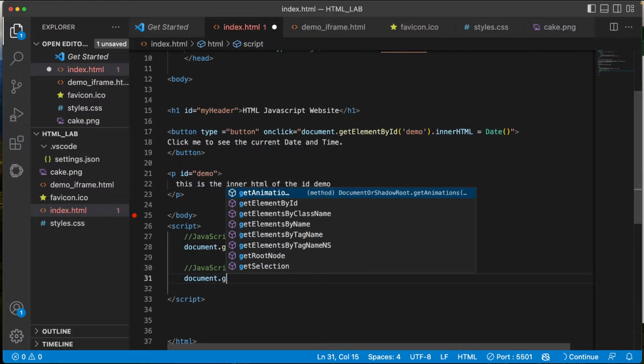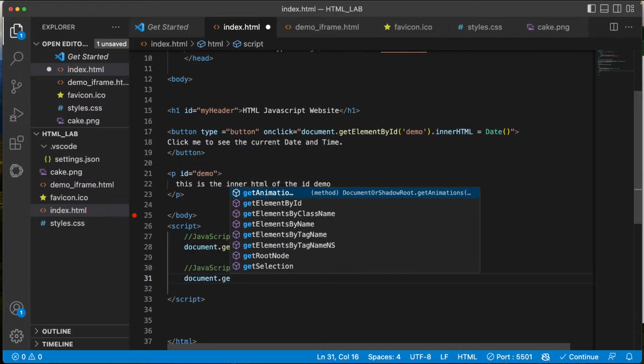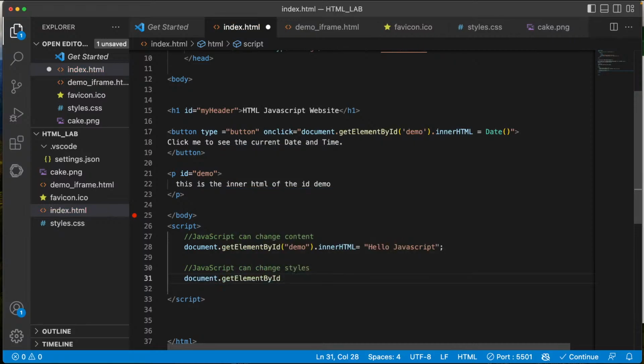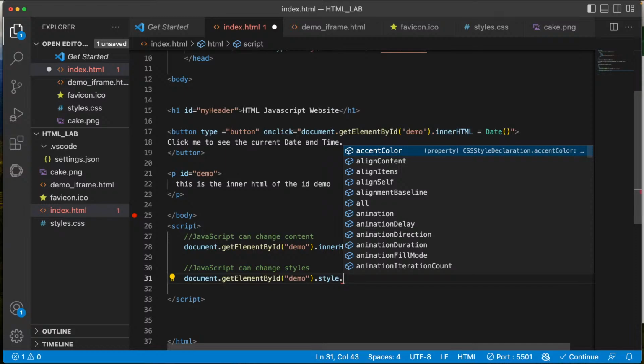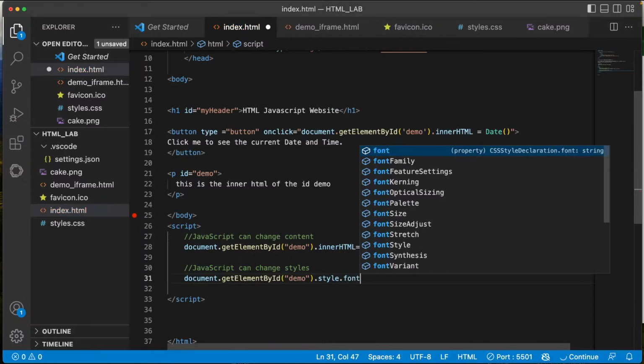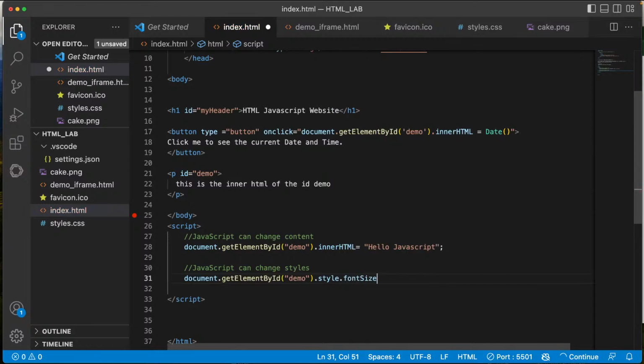So let's do that real quick. document.getElementById, and then the ID we're going to get is the demo, and then the style we're going to set is the font size, and the font size we're going to make 25 pixels,